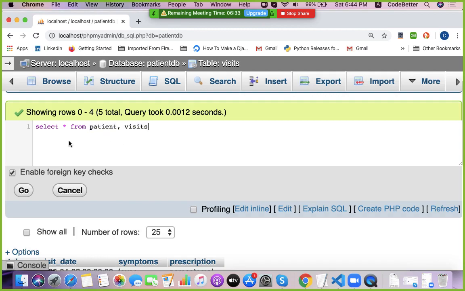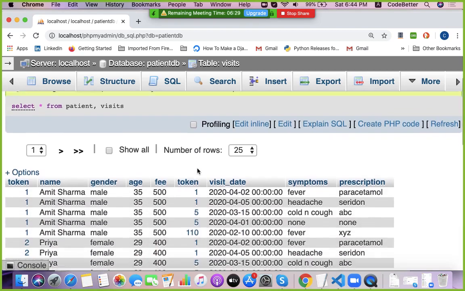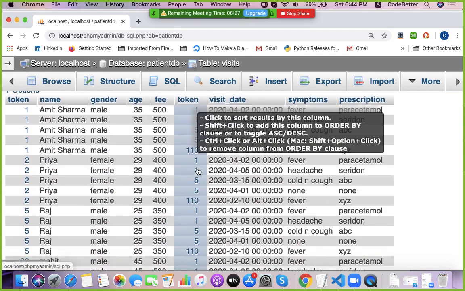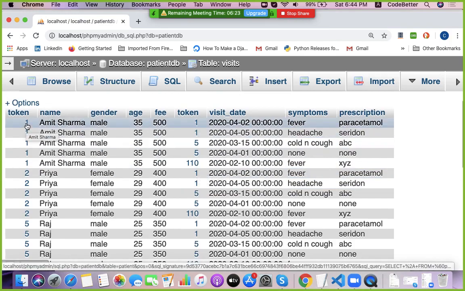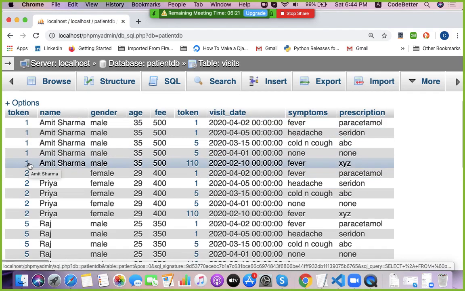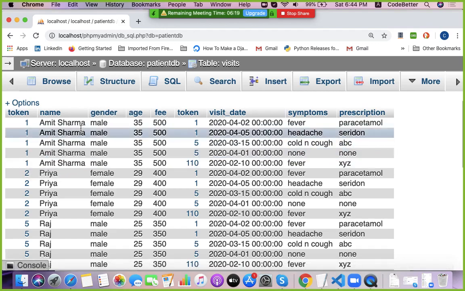And if I execute this query, how many rows are there? You can see the output. Token number 1 has 4 rows here, which is a merging of rows from both the tables.